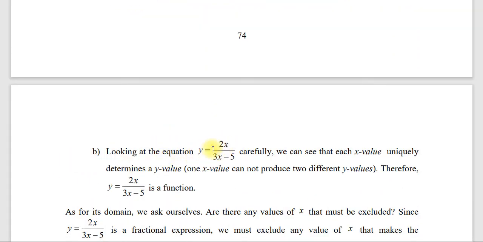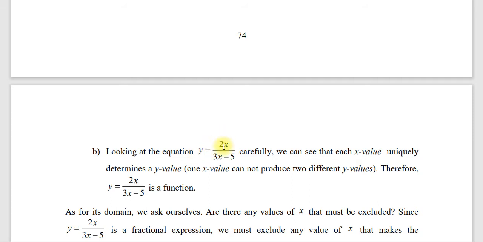b looking at the equation y which is equal to 2x over 3x minus 5 careful, we can see that each x value uniquely determine a y value. one x value cannot produce two different y value. አሁን እዚህ ላይ ዲተርማይን ያደርጋል የሚለውን ነገር ምን እያልን ነው? ዲተርማይን አድርጎ አላደረገም እያልን ከላይ ጀምረን ስናወራ የነበረው ምን ለማለት ነው? one x value cannot produce two different y value. ያ ማለት ለምሳሌ x ላይ 2 ብንተካ የተለያዩ ሁለት y ቫልዩዎችን ፕሮዲዩስ ሊያደርግልን አይችልም እንበልና ለምሳሌ